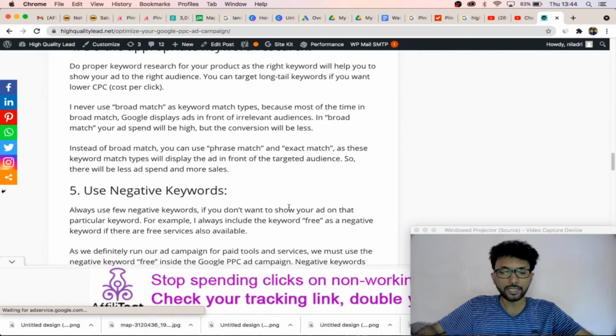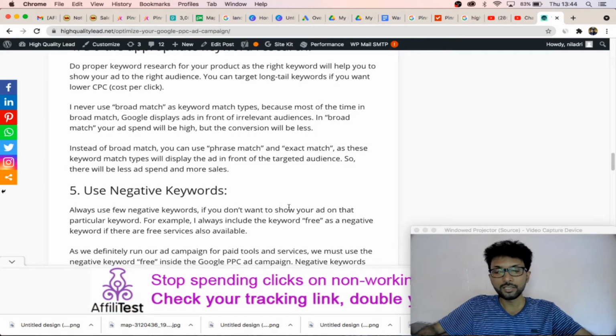Always include negative keywords for the keywords you don't want to target your audience with. For some software or services, they have paid versions, and they have free tools also. If you are doing general targeting, then you will get both free software and paid software.